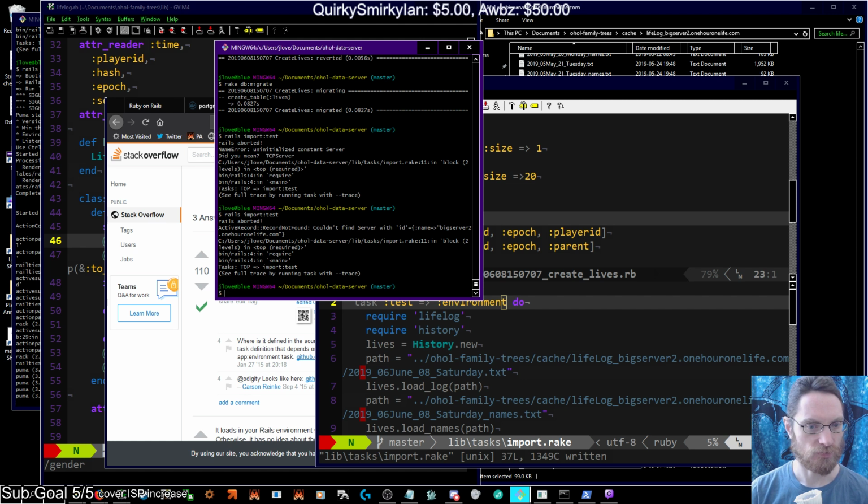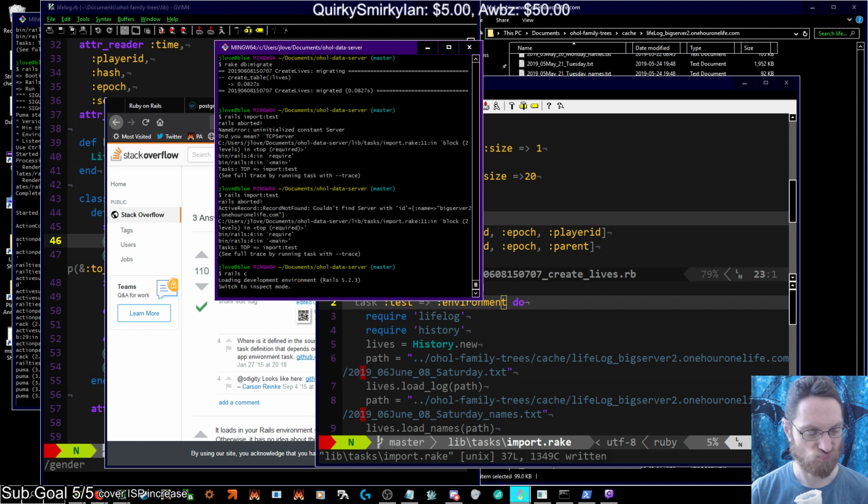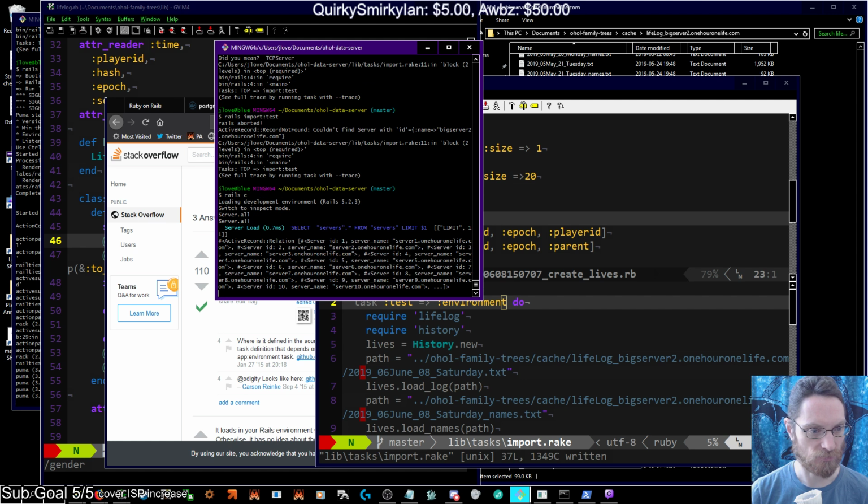Couldn't find server. Now, did I wipe that out changing stuff? Or did I just not type something right? Oh, and this is a Windows console, so it doesn't give me, so